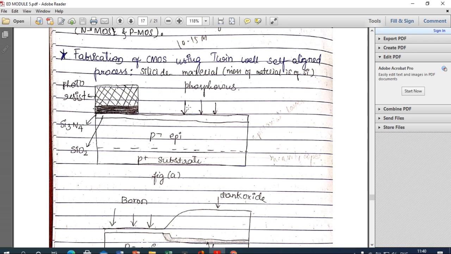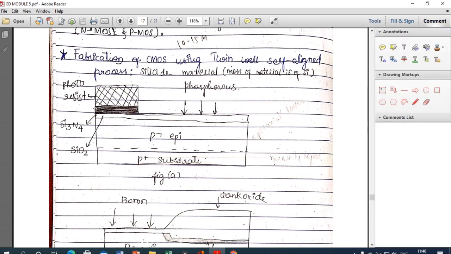First, look at figure A. In figure A, I have a P plus substrate. This P plus substrate is the basic foundation on which the complete CMOS structure is constructed.